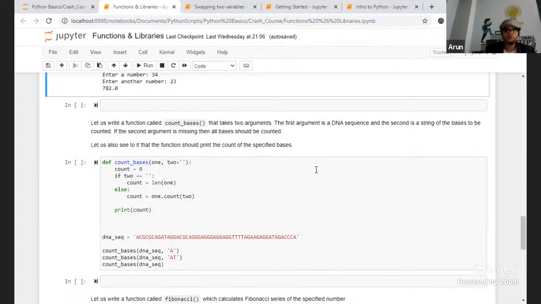So now let's do one thing. Count_bases of DNA_seq with AI. We'll first try to see how much count it has. Next, we'll try to see how much count AT has.